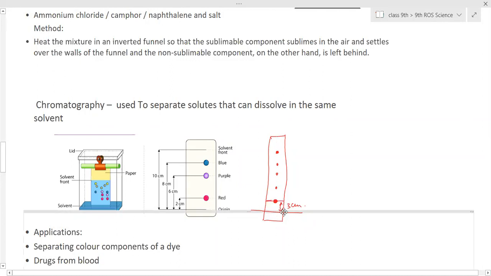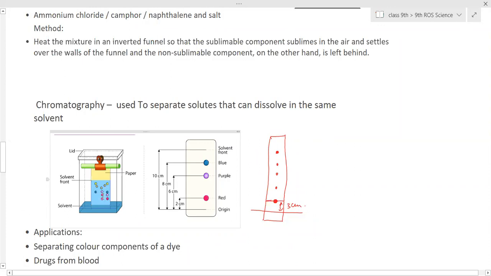Then we have to insert this chromatography paper into the liquid, that is a solvent, which is going to rise upward. The solvent in which these colored components are soluble has to be taken. Every time water is not taken. Here in the case of ink, we have taken water as a solvent, but many different solvents can be taken. So when we insert it, slowly the water will start rising upward due to capillary action,